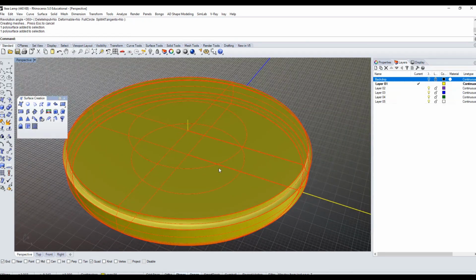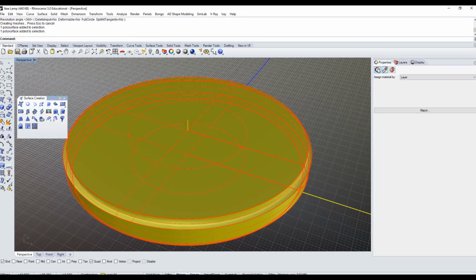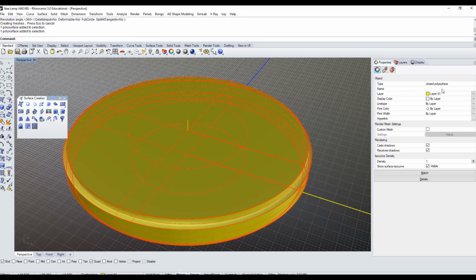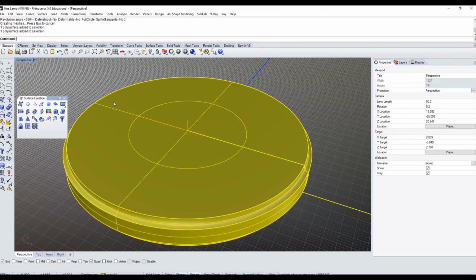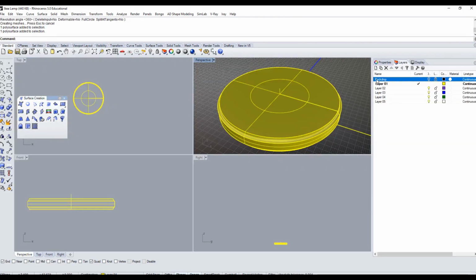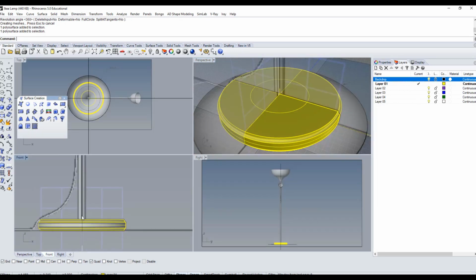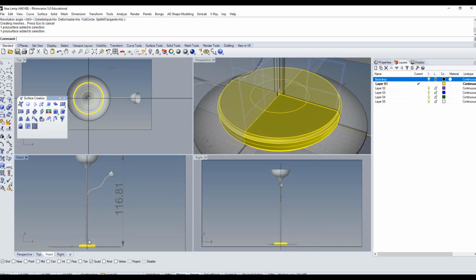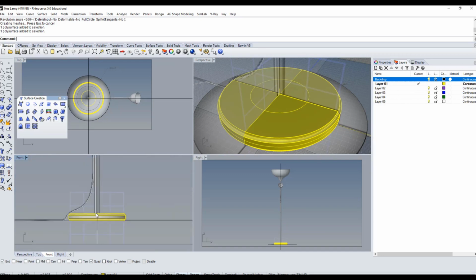Okay, so if I select my object and I go into the properties window, under object, it says it's a closed polysurface, therefore it's solid. Alright, so I go back to my layers, and I'm just going to reactivate my backdrop so that I can see what's the next step. So I know I need to work on the